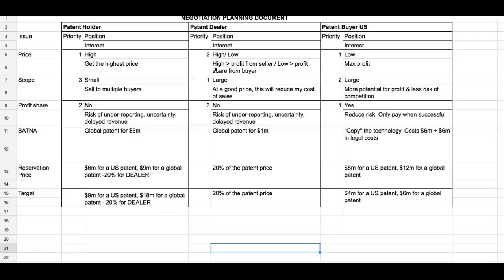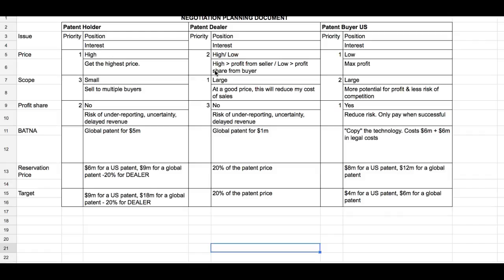has issues regarding price. So the objective of the patent holder is to get the highest price possible for his patent. Then there is the scope of the patent. The scope of the patent is for the given price. He wants to basically limit the scope. That means that if you get a price of, let's say, $1 million, then for that price you only want to give somebody the right in a limited, for example, geographical area. So you want to sell as limited a scope as possible for the highest price possible,